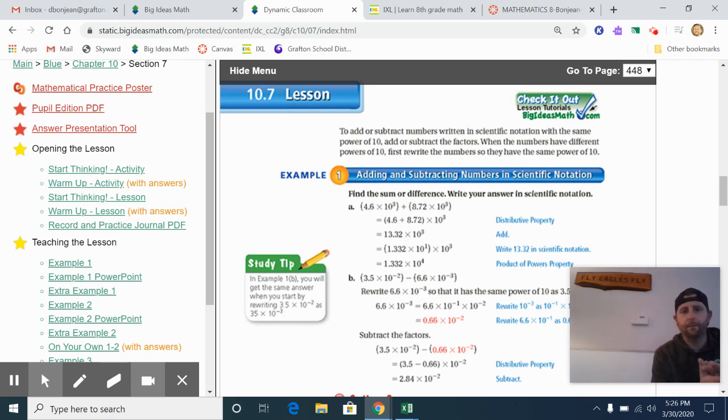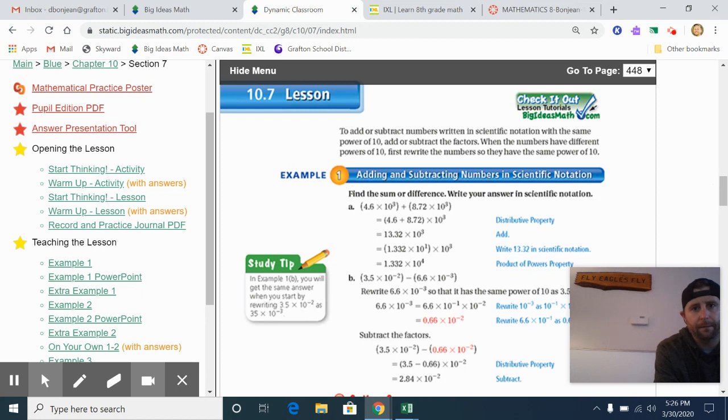How's it going, guys? So today we are going to get into the 10.7 lesson, which is essentially the end of the chapter. Okay. We're only going to do the first part of the lesson because there's kind of a lot of information. All right. So part one of the lesson is going to be adding and subtracting numbers that are in scientific